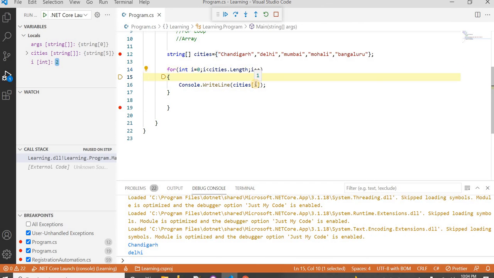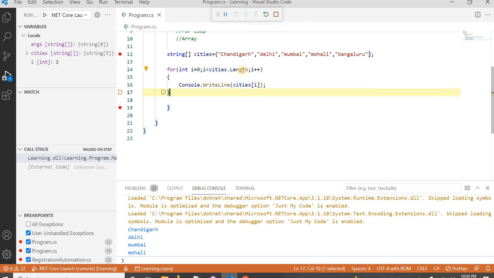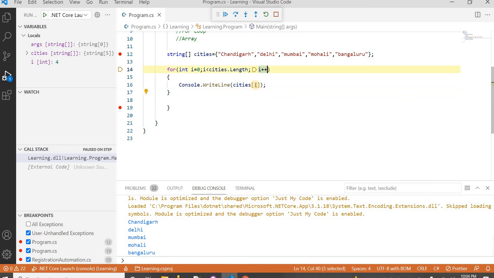Similarly, now it will go next time. Now i is 2. It will continue to increment the value of i till this condition is false, till i is not less than 5 because length is here 5. Now again it's 4, it will print here, right?